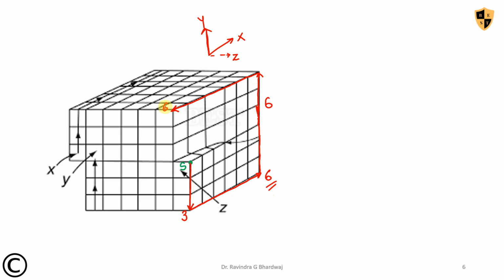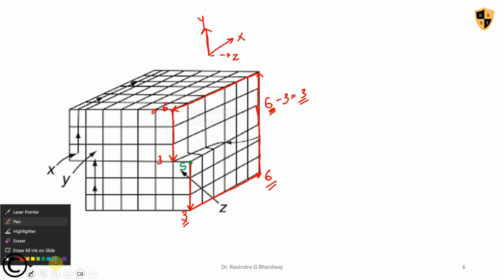6 distances in the x direction and 6 distances in negative x are now balanced. However, I have 3 units remaining, because I have moved 3 units in negative y and 6 units in positive y. So 6 minus 3 is 3 units remaining that I have to move in the y direction. So I can move 1, 2, 3 units in the negative y direction to compensate this positive 6, right? This is the 3 units that I moved, and this is going to be my finishing point for